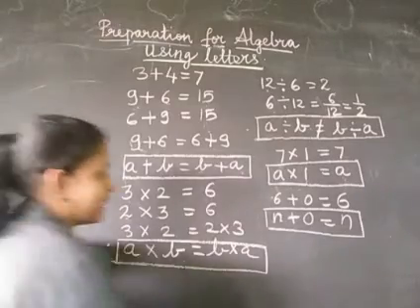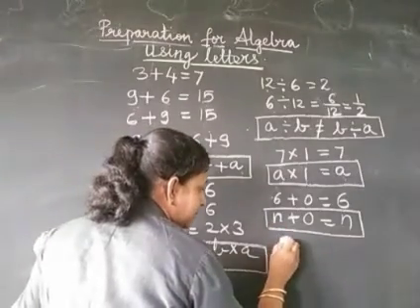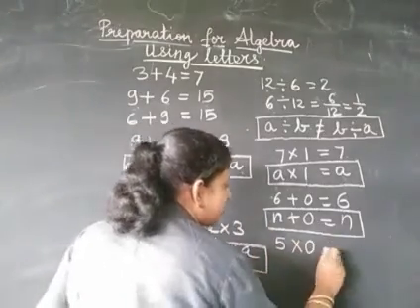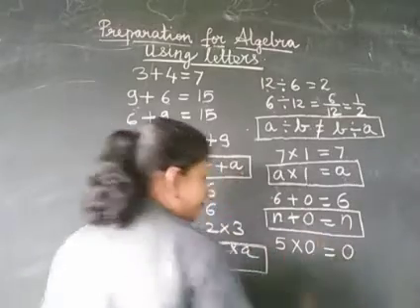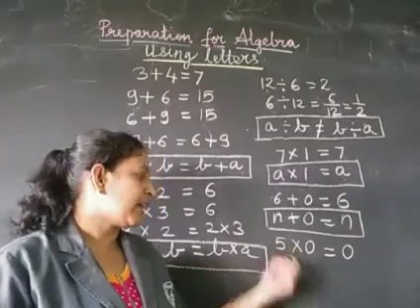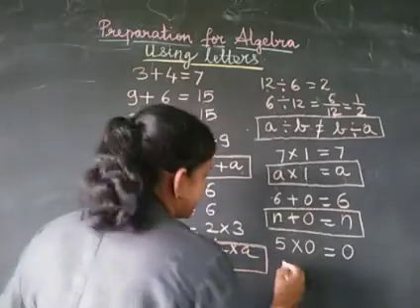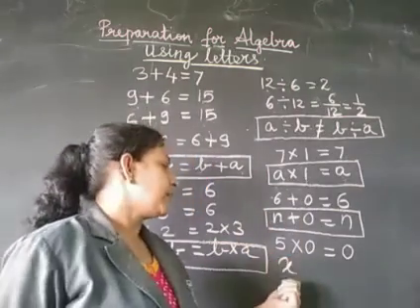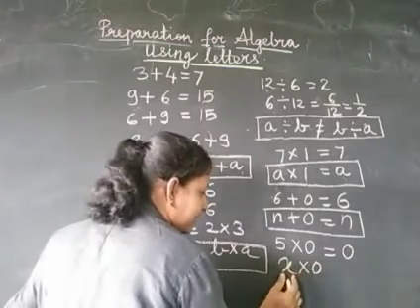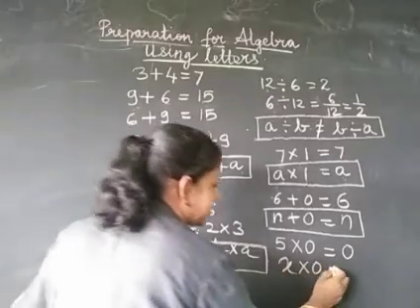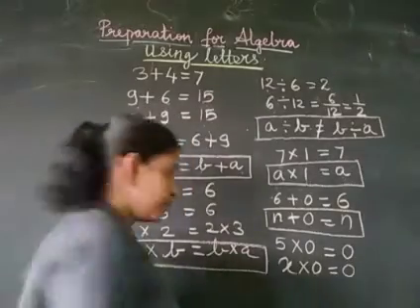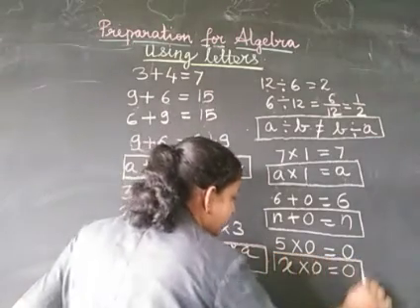So what else have we learned? We have also learned that if you multiply any number, let's suppose that number is 5, by 0, you will always get the answer as 0. So here again we can have another formula. In place of 5, if I use another letter, let's suppose that letter be x. When 0 gets multiplied with any number, the product is always 0. So here again you are getting one more formula.